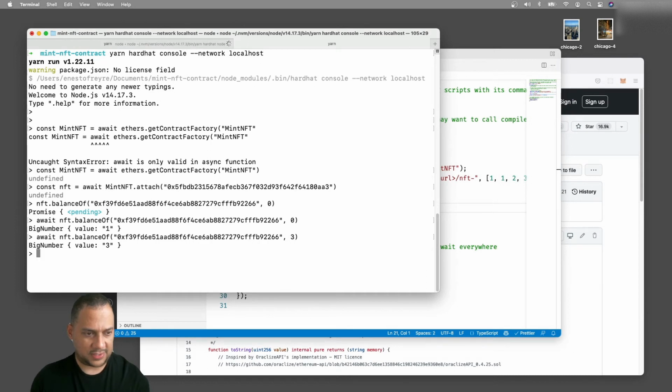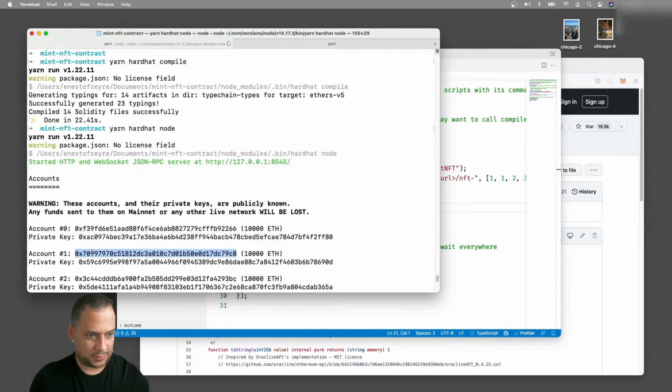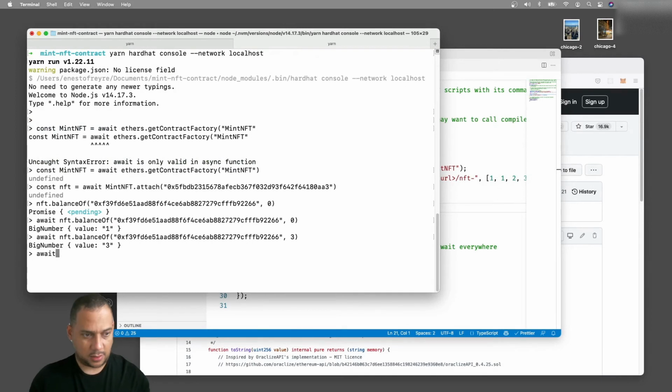Right now, if we select another address, we will see that the second address won't have any tokens because we haven't transferred them, right? So balanceOf this other address, token 0, it will be 0. And the other function that we can execute on this contract is the NFT URI.